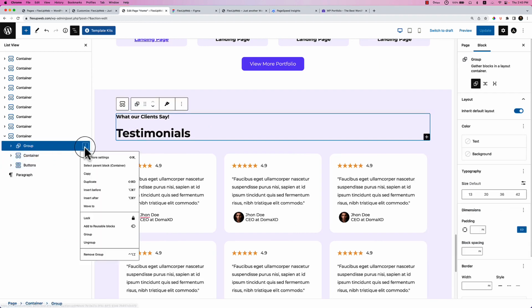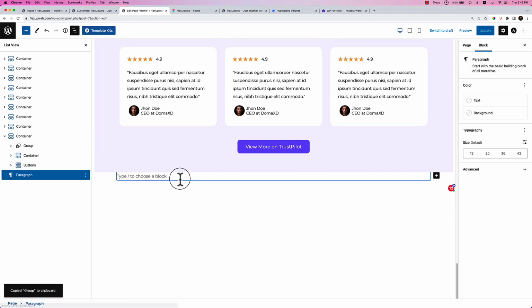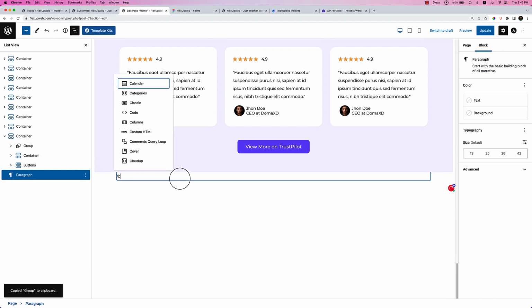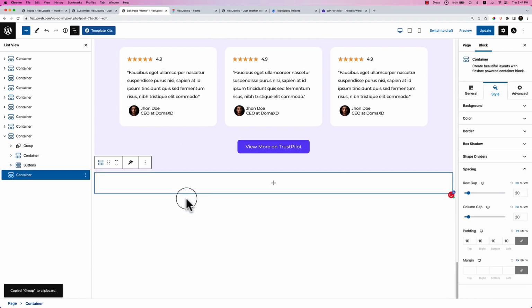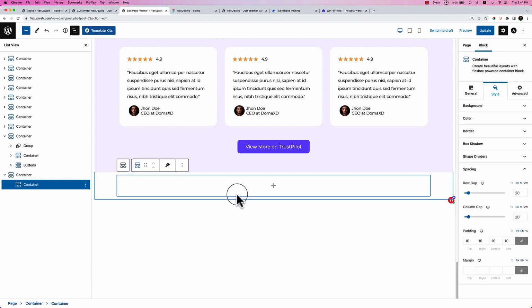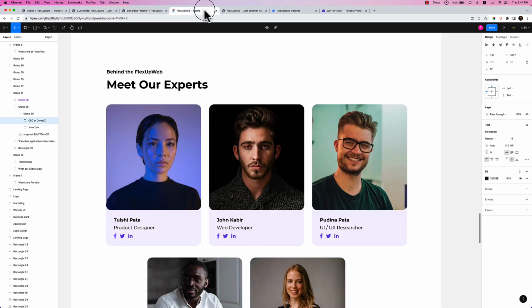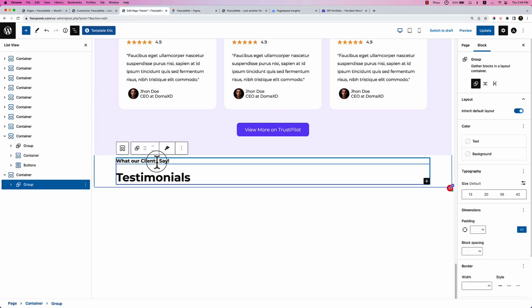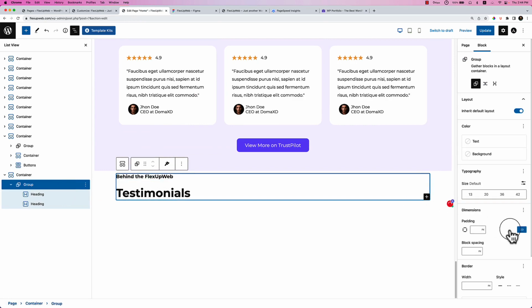Let's copy, scroll down, take container, and inside container take another container and paste the heading here. Change the text behind Flex App Web, and also change the spacing between,